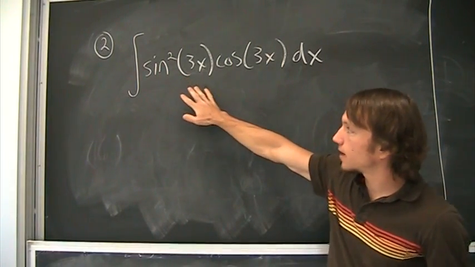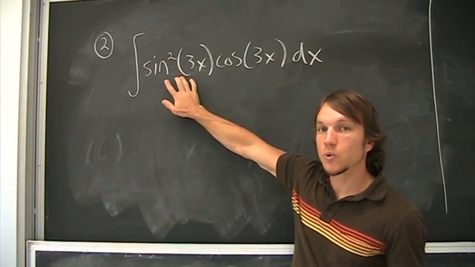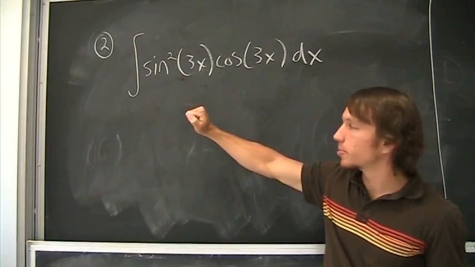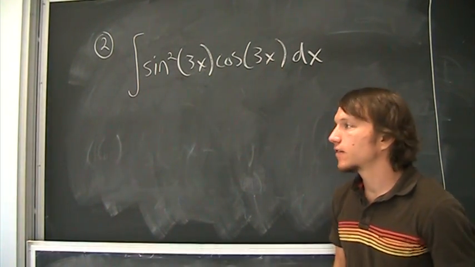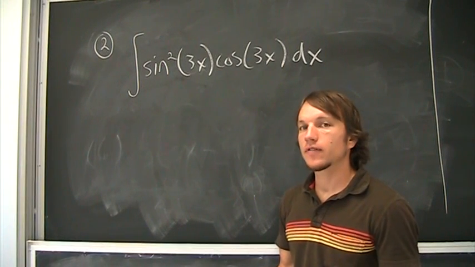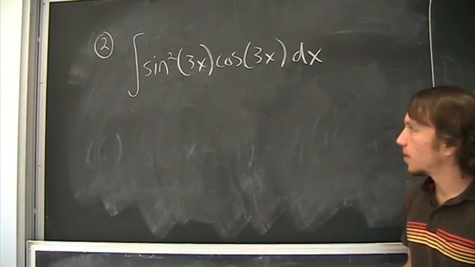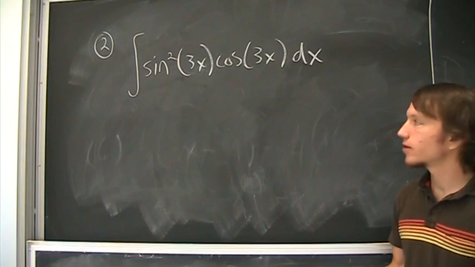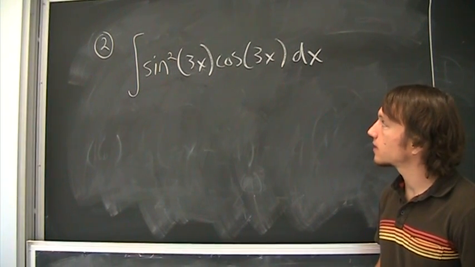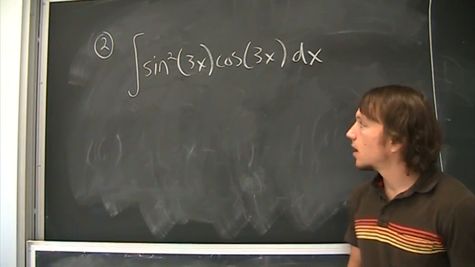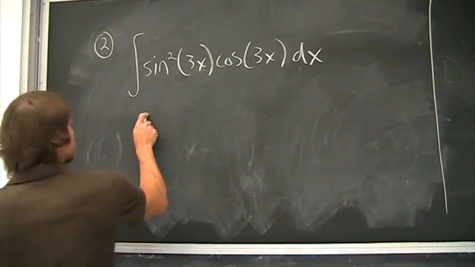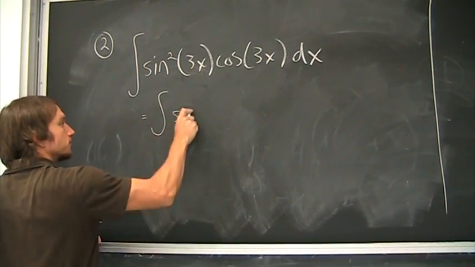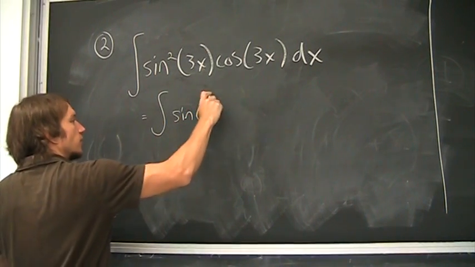This is the sine function being squared, so you can think of your sine function as an input, and then I have a 3x as an input function as well, right? If you let u be 3x, you're not going to get very far, right? It's just a constant multiple of x, so it's not going to get you very far if you do substitution. So what I'm going to try and do is first rewrite it, just to show you that I do in fact have